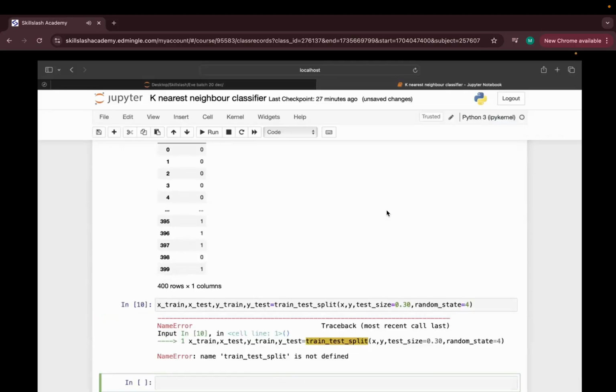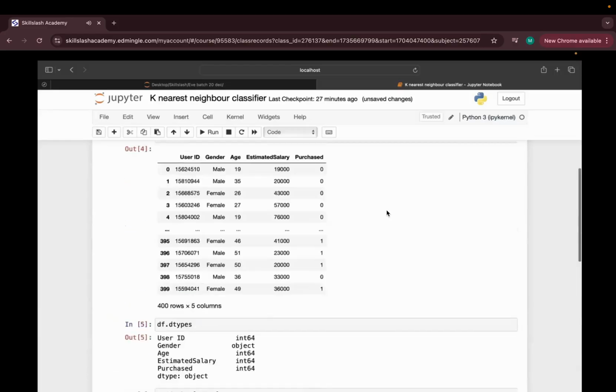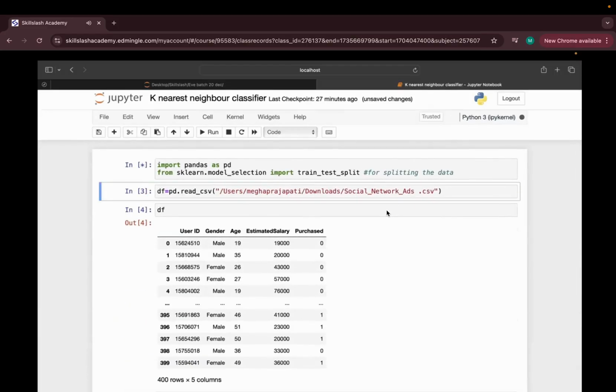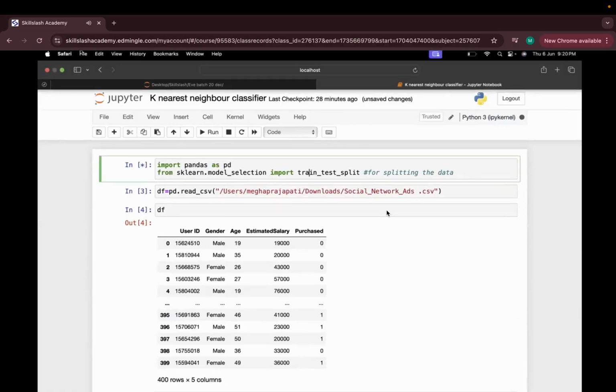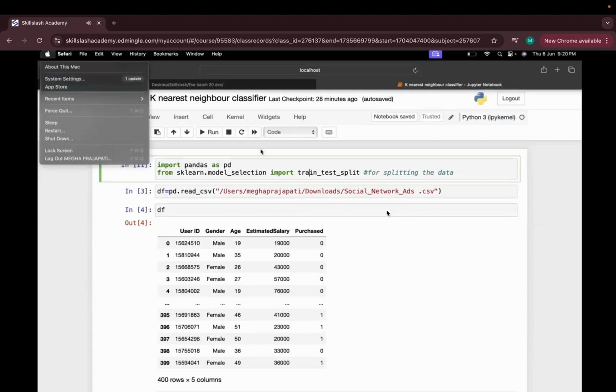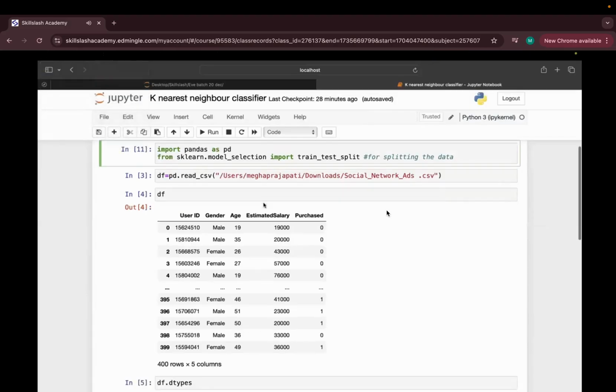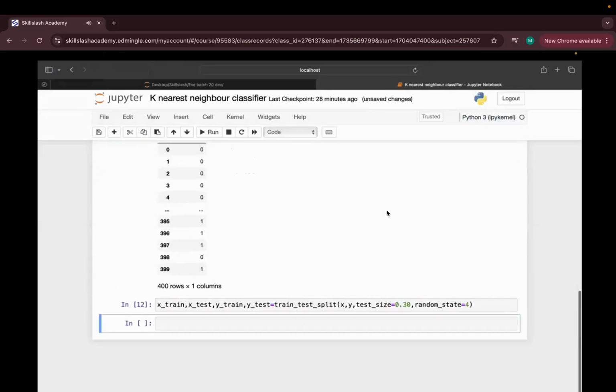I'm running it. Okay, not defined because I forgot to run this cell. Wait a second. I don't know. Okay, system update is there. That's why it's slow. Running it.